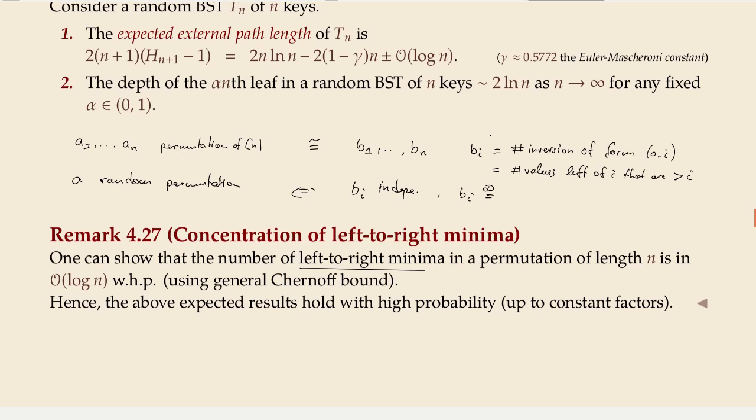Well, here we can already say the bi must be in 0 to n minus i. This number of values to the left of i that are greater can be 0 or anything, but certainly not more than n minus i because there are just no more larger values. And then if A is a random permutation, this is exactly a discrete uniform variable with that range. And the great thing is that they're independent,